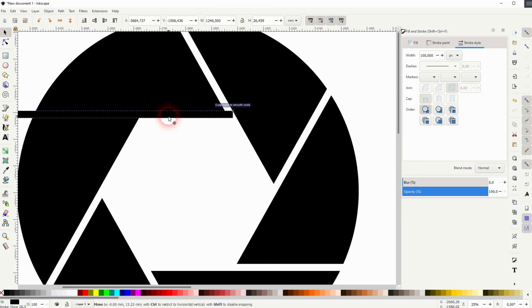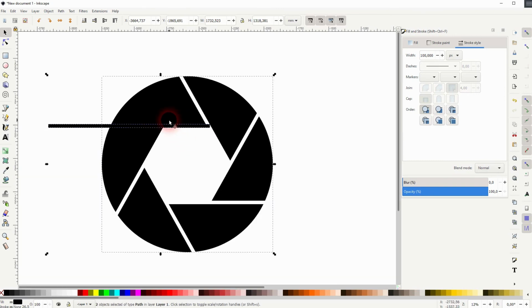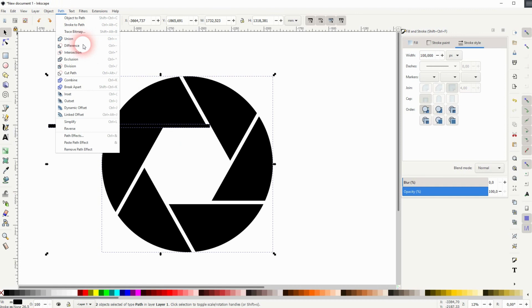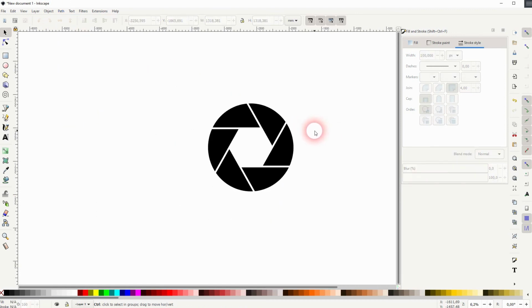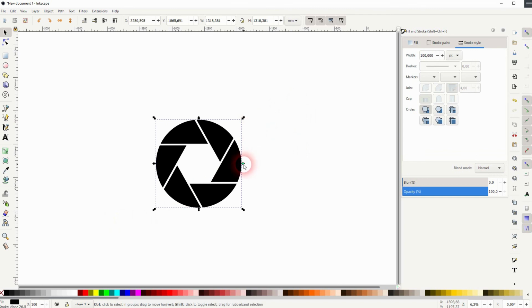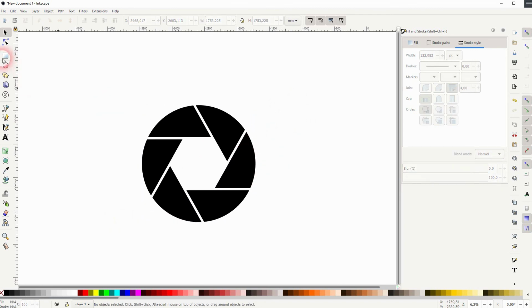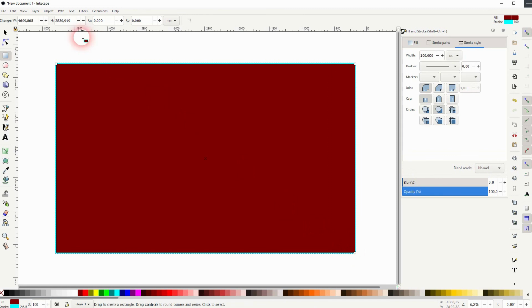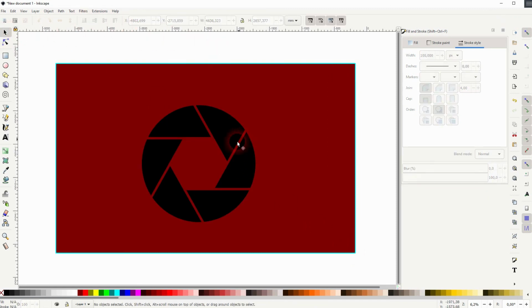reposition it. And once again, it doesn't really matter the right hand side. We only need to cut out. Starting at the first one, we can still size it up, size it down, holding Ctrl for example. And let me create a background, and you can see we've created these transparent cutouts in the circle, and now we've got our shutter icon created in Inkscape.